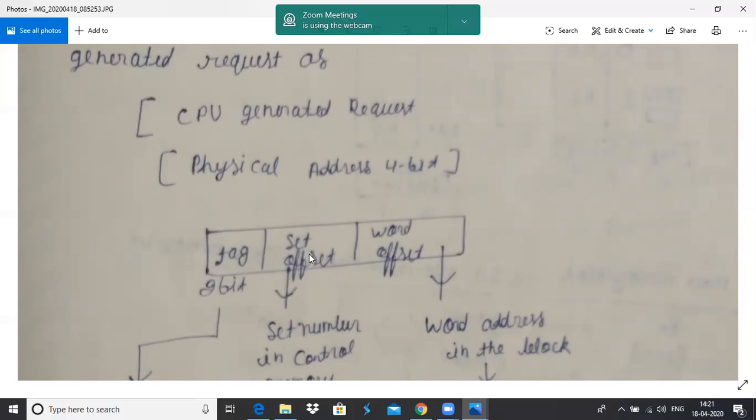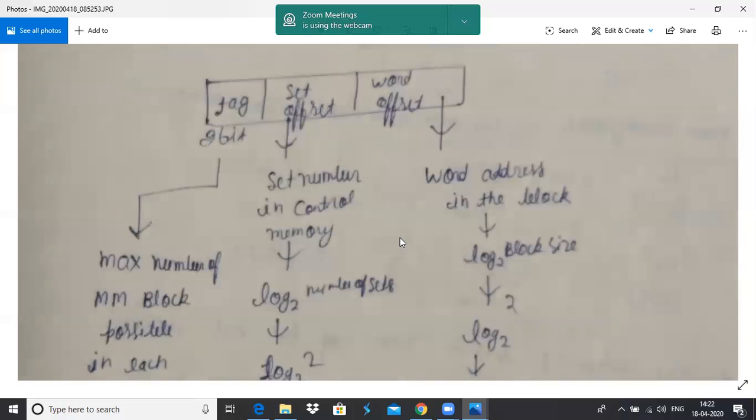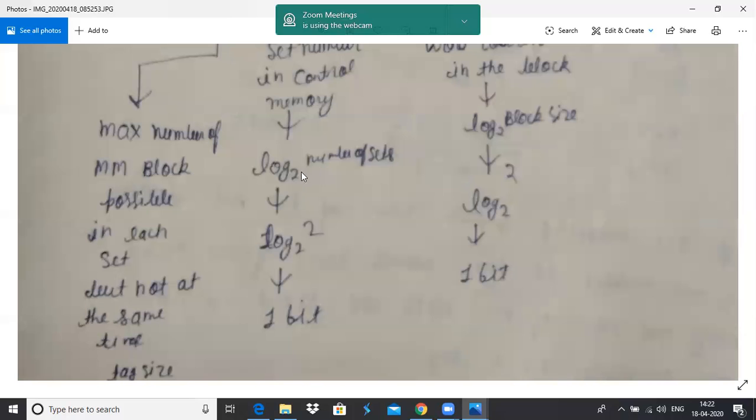In the direct cache it was the line offset, but here it is the set offset. And the third is the word offset. The set number in the cache memory requires a number of bits equal to the log of the number of sets to the base